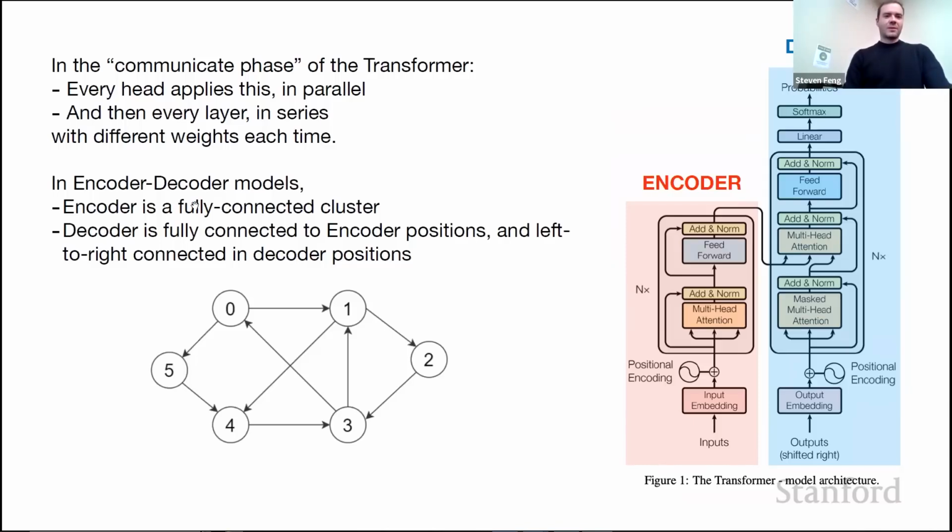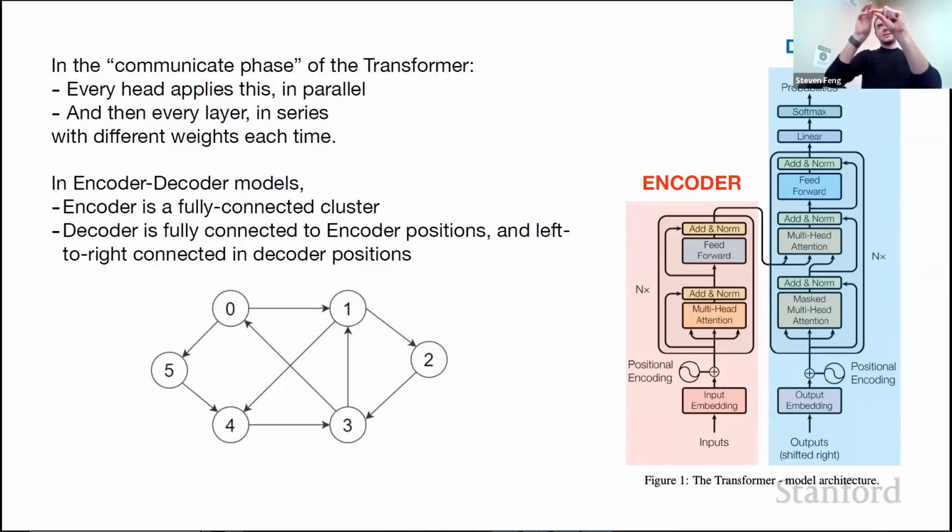And so if you look at these encoder-decoder models, you can think of it in terms of the connectivity of these nodes in the graph. All these tokens that are in the encoder that we want to condition on are fully connected to each other, so they communicate fully when you calculate their features. But in the decoder, because we are trying to have a language model, we don't want to have communication from future tokens because they give away the answer at this step.